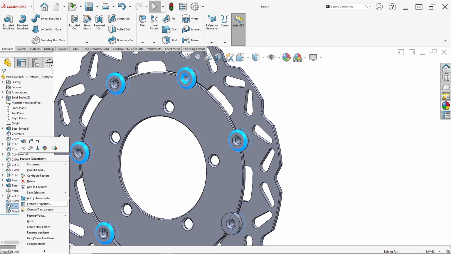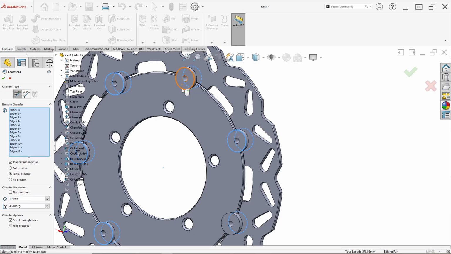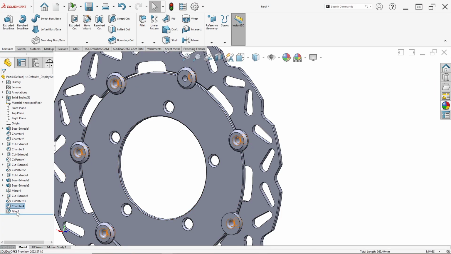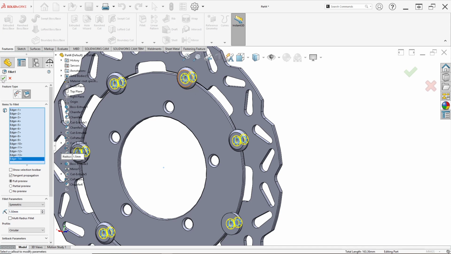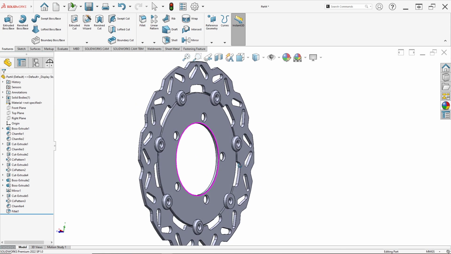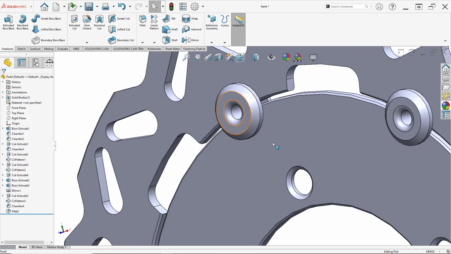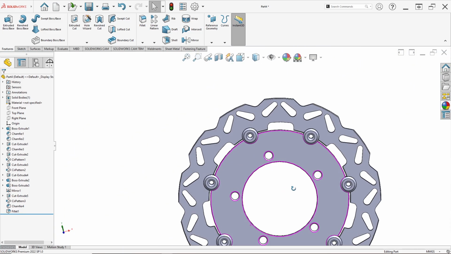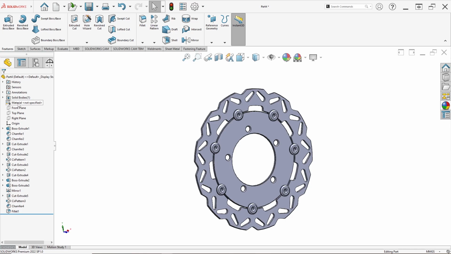For chamfer in here, click edit in here, edit feature. And in here, just click OK. And fillet, we can edit again, edit feature, click this edge, just click OK, and then like this. After that, we can apply for material. In here, right click.